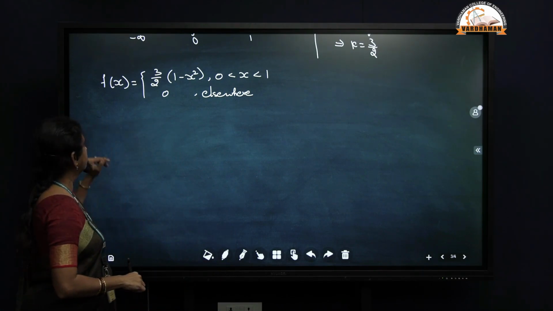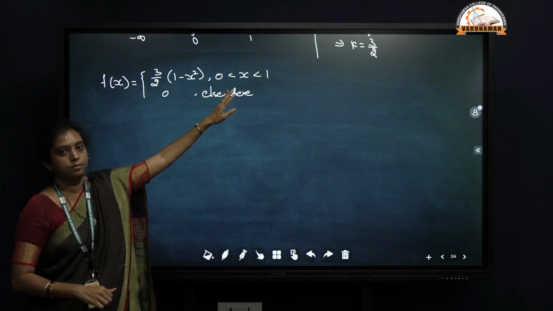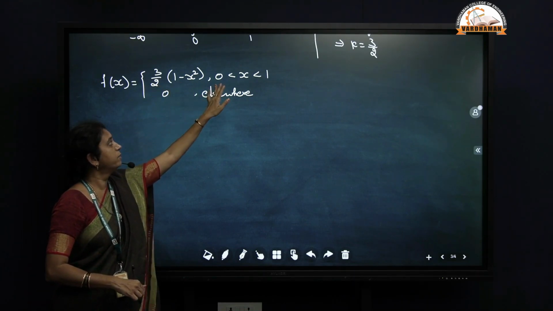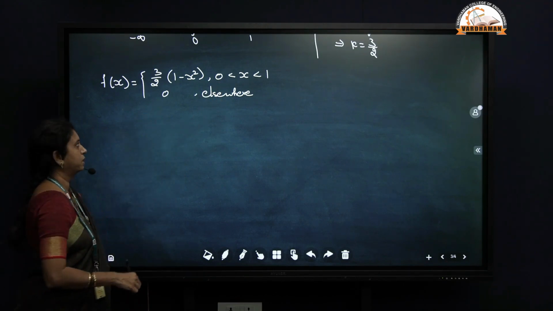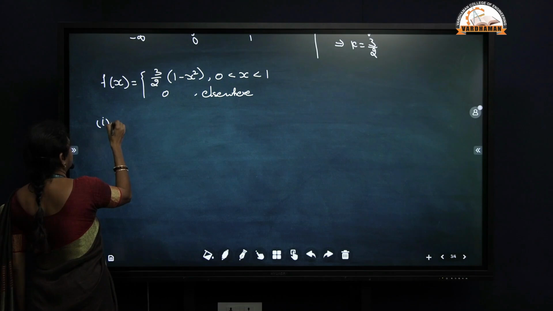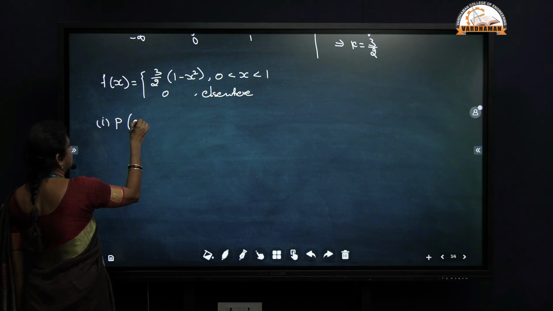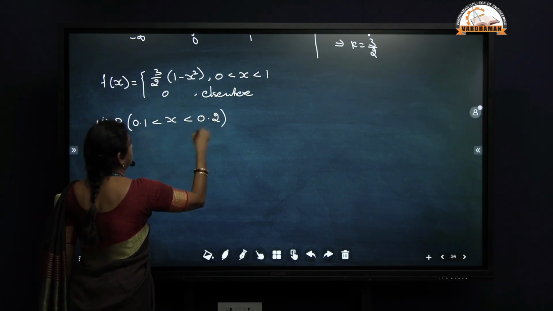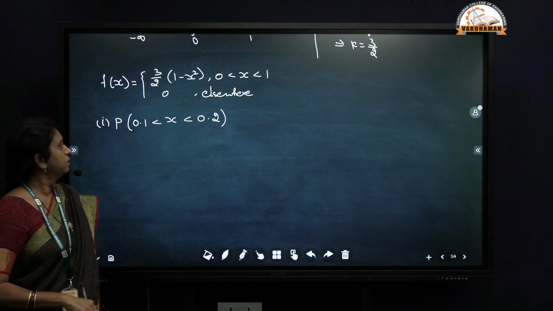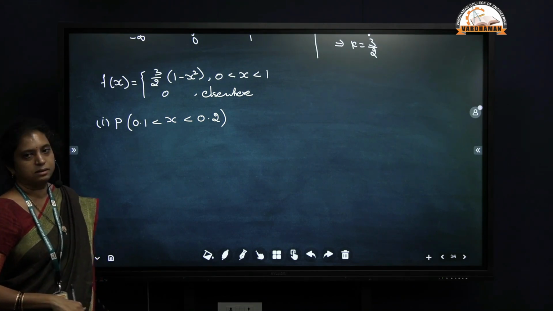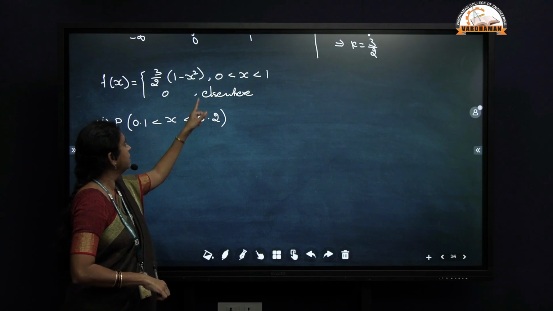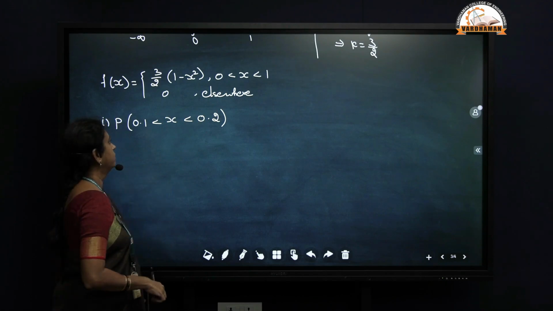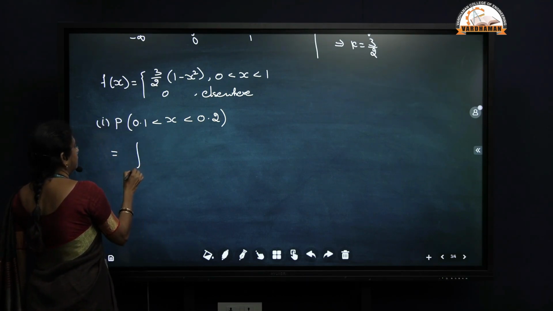Now we'll write down the function again. Since the k value is 3 by 2, I'll redefine the function as 3 by 2 of 1 minus x square between 0 and 1, and 0 elsewhere. So we are asked to find the probability value between 0.1 less than x less than 0.2. Since 0.1 and 0.2 lie in the given interval, defined between 0 and 1,